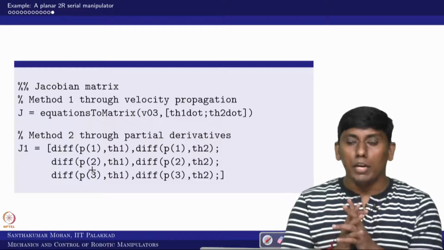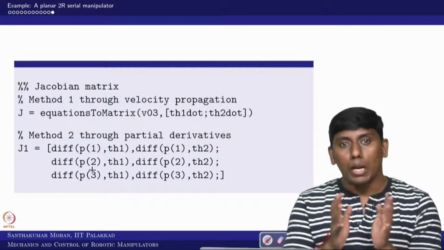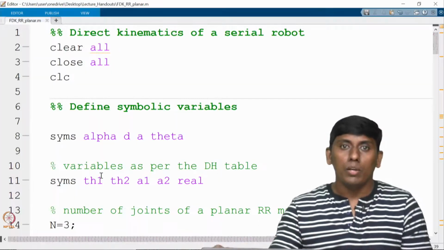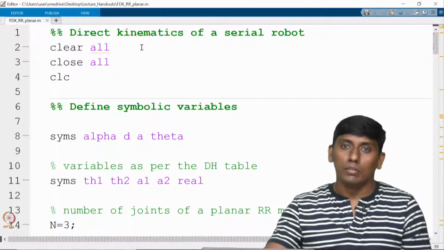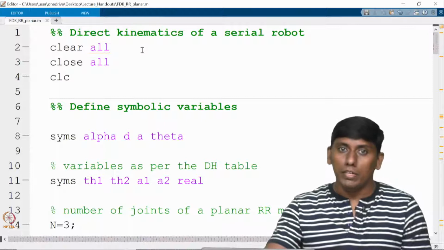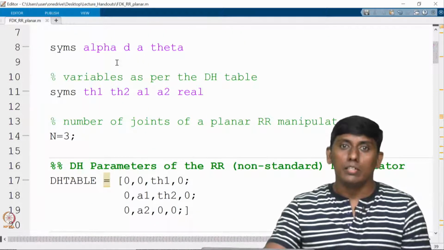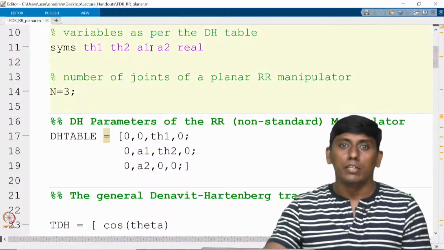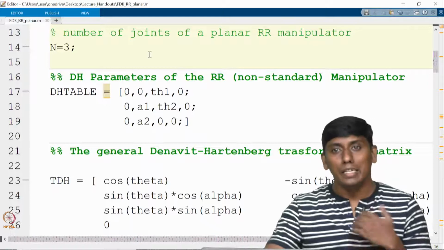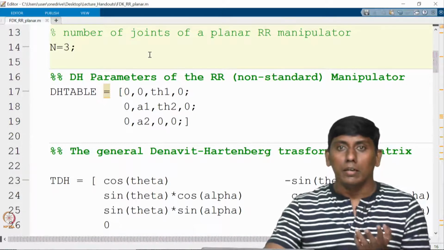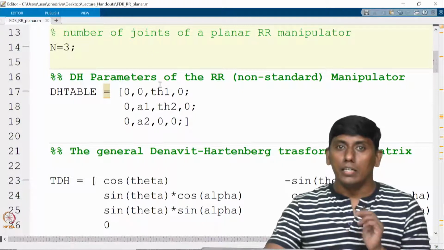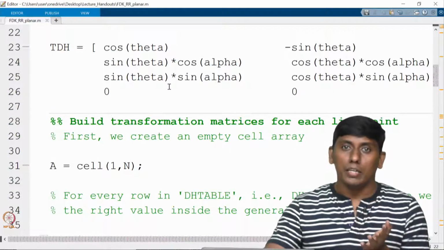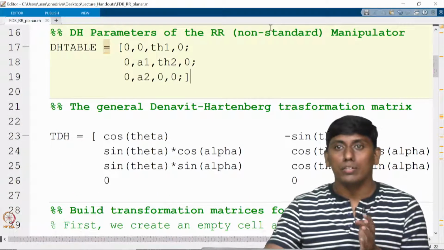So now we have seen how the MATLAB code looks in a slide format. We will go to the original MATLAB code. This is the direct kinematic code which we did in the previous simulation class. This is the generalized variable, and the variable based on the DH table we have given. Here the number of joints, including the end effector, is 3 but excluding the 0th frame. Then the DH parameters as per the table which you derived, we can substitute, and we can get the arm matrix. Here we are going to use the non-standard one.